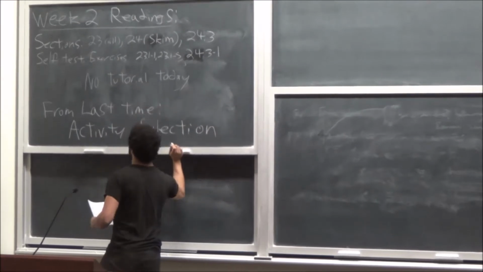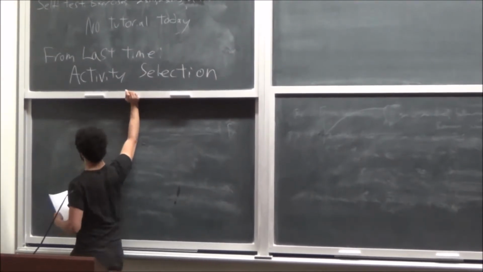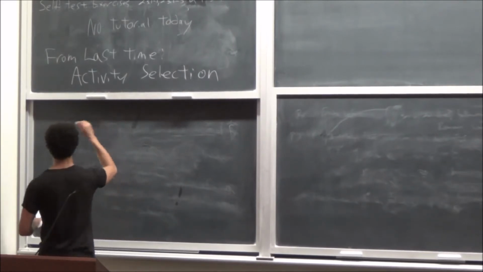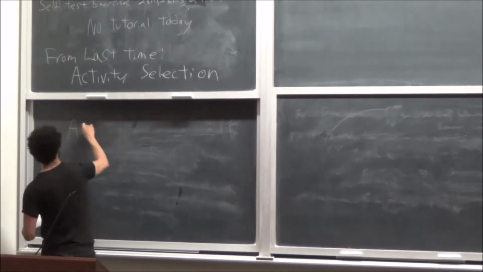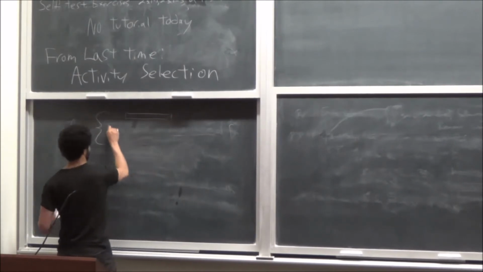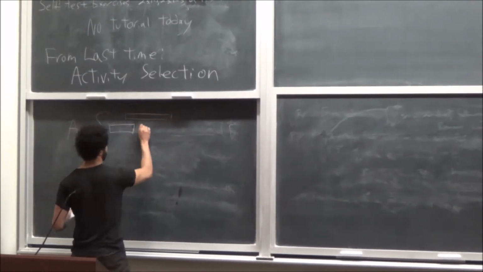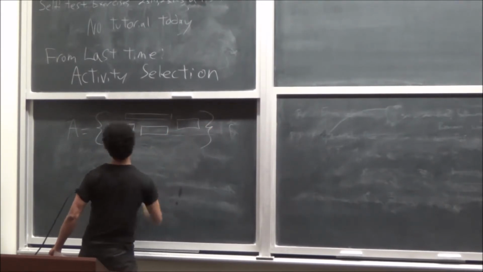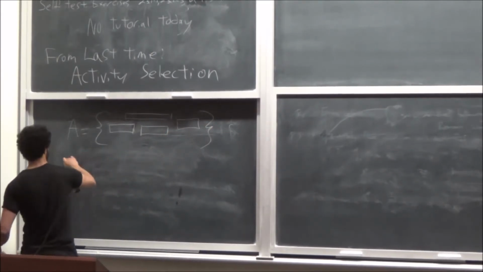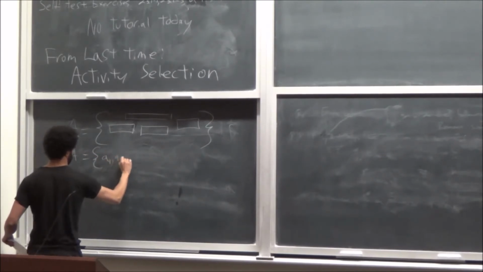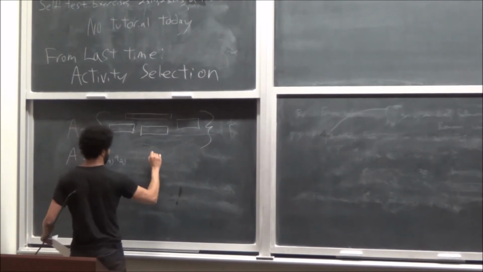So the general idea was that if you have some sort of space, what was the variable? Some set, it's A. And A is a bunch of activities with different start and finish times. And I think each activity, so this is kind of the problem definition, where